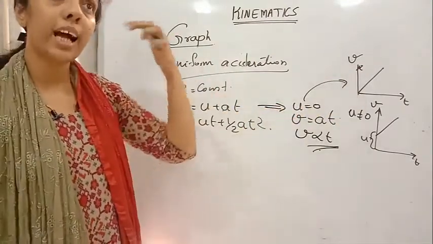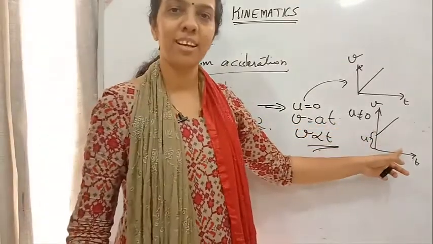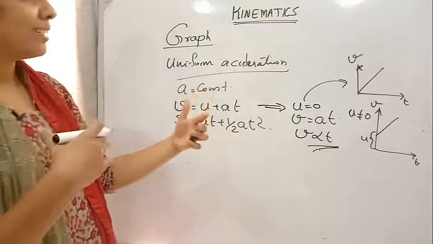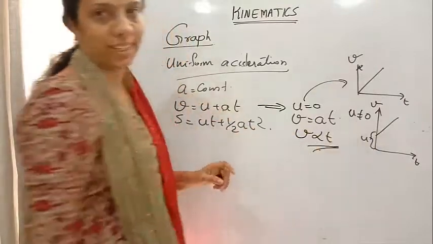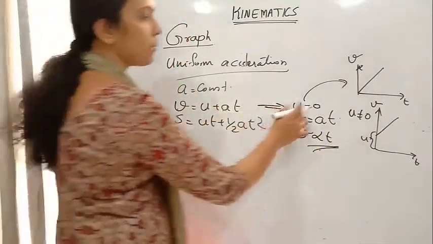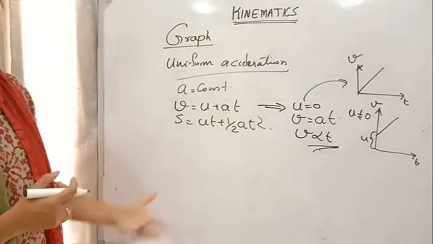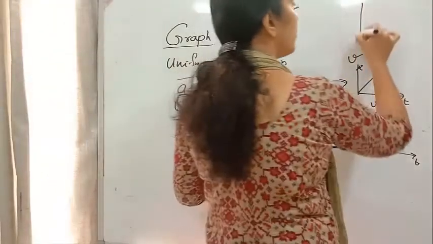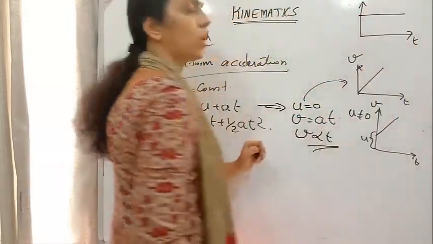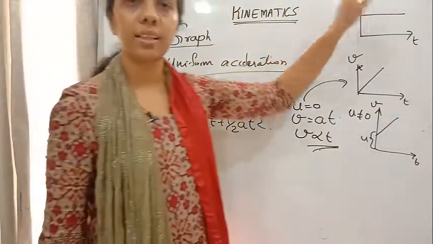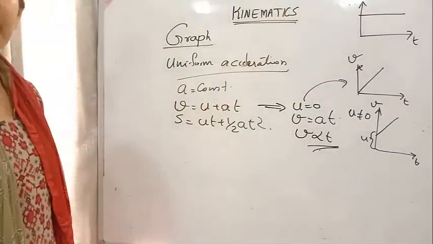For deriving the equations like v is equal to u plus at, we are actually using this graph. For the sake of explanation, we are just taking the equation and explaining the graphs. Now, next, this is about the velocity time graph. Next, acceleration is a constant. So if I represent the acceleration time graph for a uniform acceleration, acceleration is constant, right? So it will be parallel to the time axis.